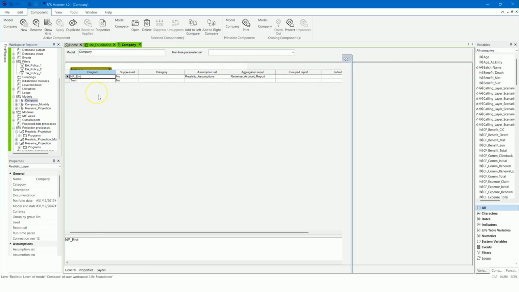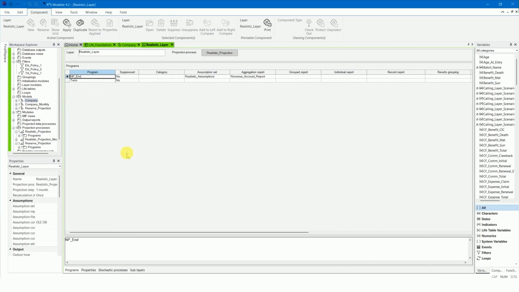Set the assumption set and aggregation report properties of the term program in both layers.